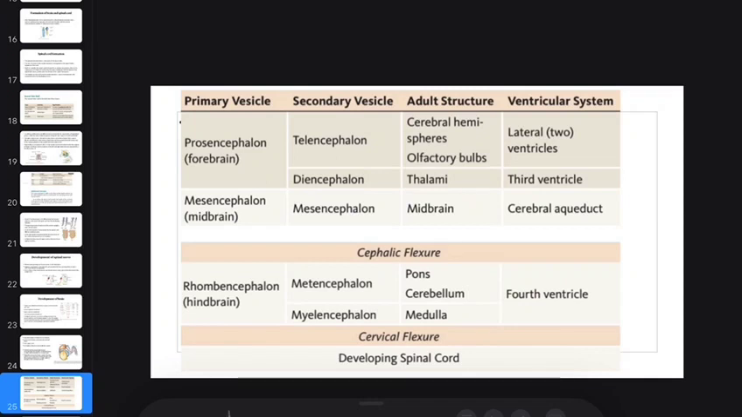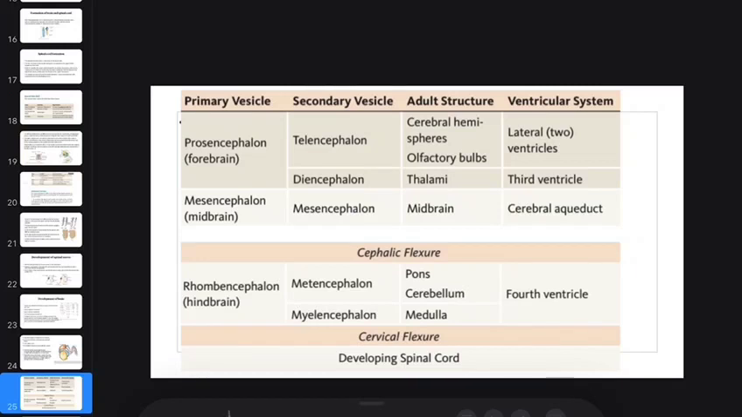Telencephalon gives rise to cerebral hemispheres and the olfactory bulbs, and the ventricular system formed within it is known as the lateral ventricle. The diencephalon gives rise to thalami, and its ventricular system is the third ventricle. The midbrain, that is mesencephalon, gives rise to the midbrain. Its ventricular system is the cerebral aqueduct, and then comes the cephalic structure between these two, and after that